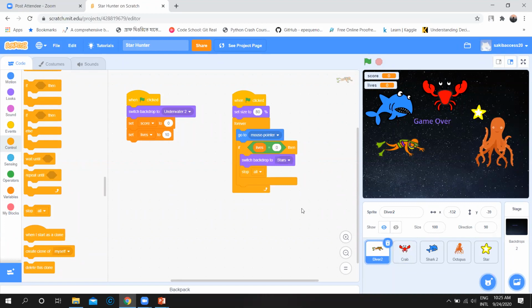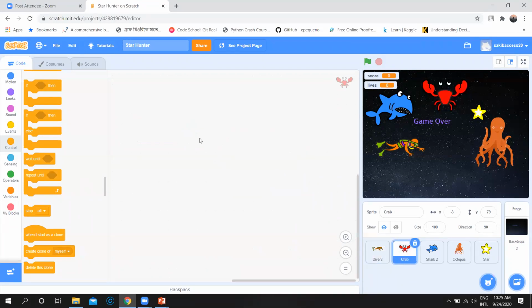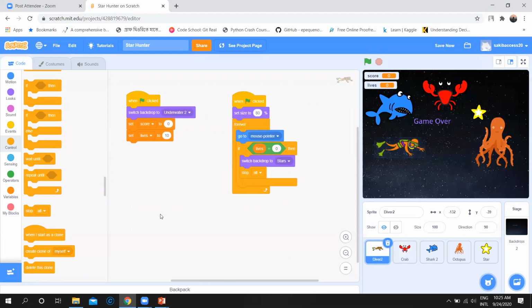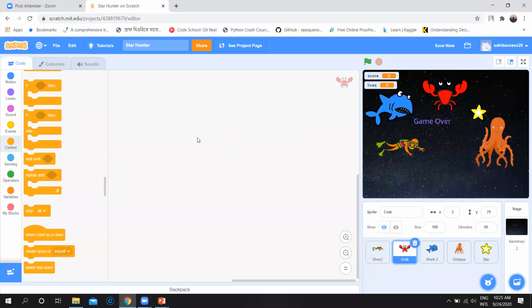Okay, now see, I was writing the code for the diver. You can see a reflection of the diver on this screen because I have selected this one. Then I will write code for the crab. Remember it, don't mess it up, we are writing different codes for different sprites. If you want to write code for the crab, select the crab, then you can write code for it. See, now on the screen you can see the crab. If you click on the diver, we already have some code for the diver, but if you click on the crab, now you will write some code for the crab.